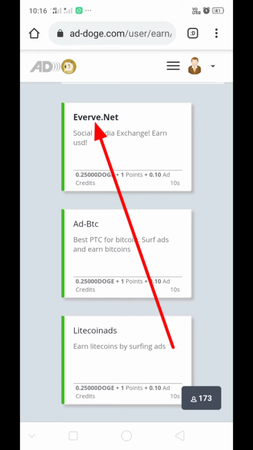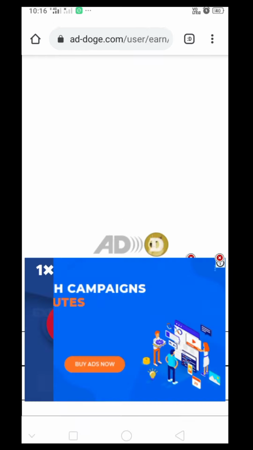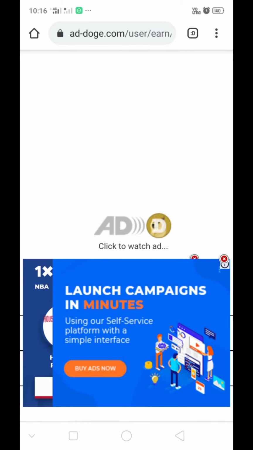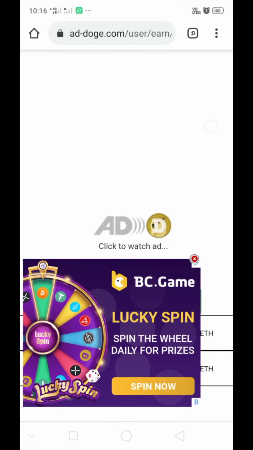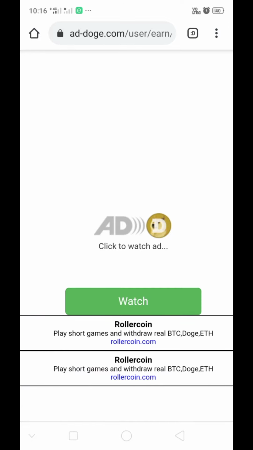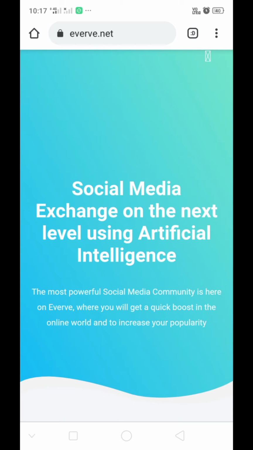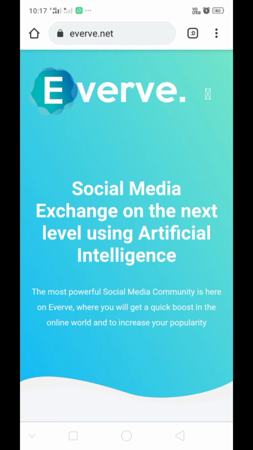Click here and remove these ads, then click on watch. Wait 10 seconds. After 10 seconds, go back.